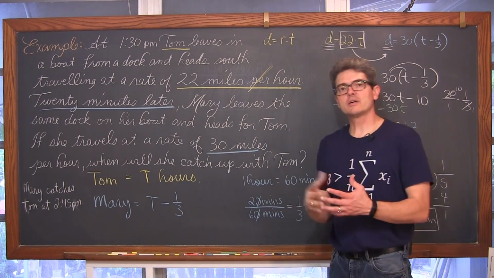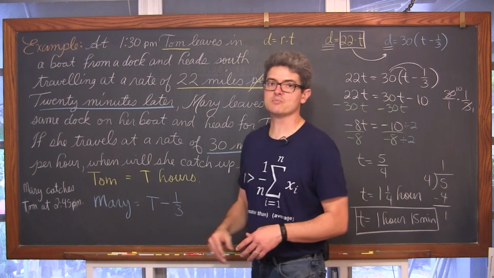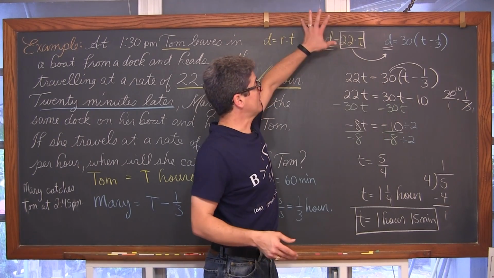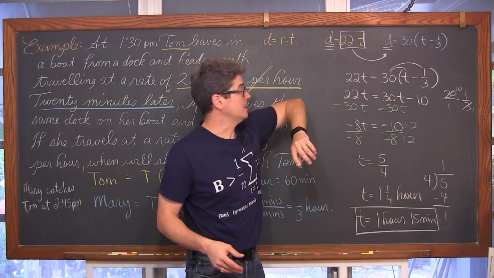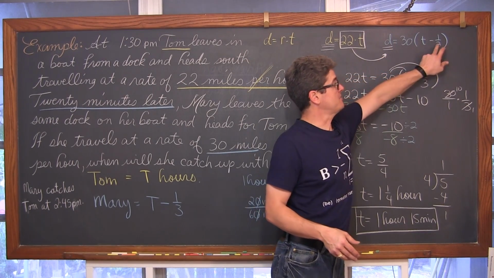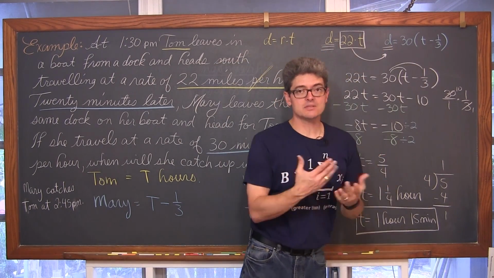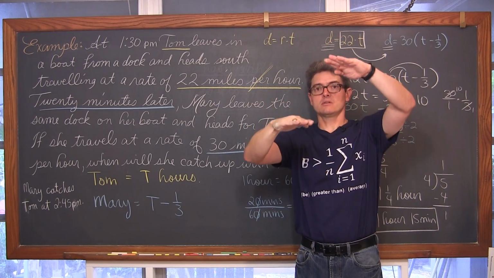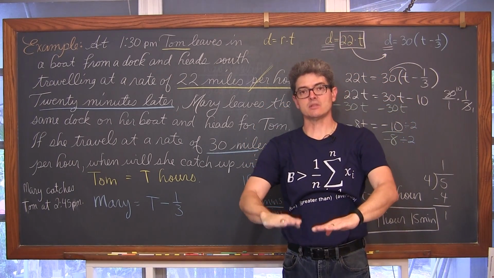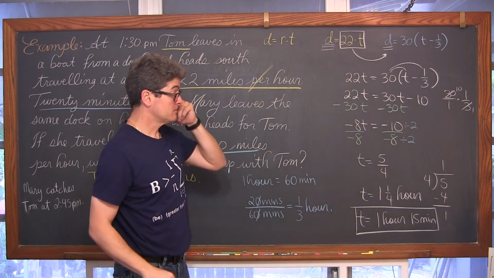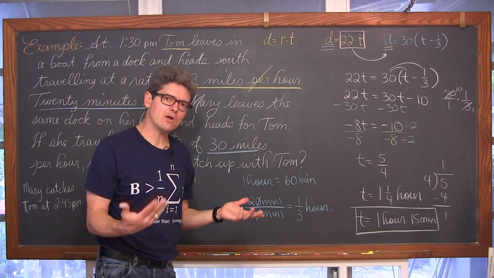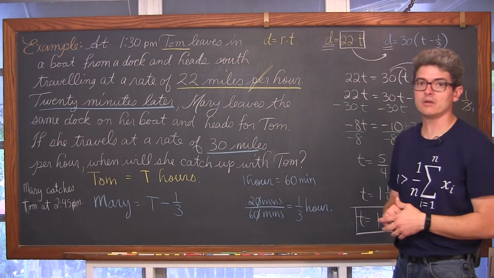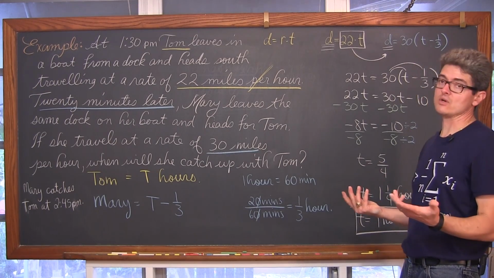And you're looking at a fairly complicated setup on this problem, a complicated design of this problem, and a substitution technique. You've got one equation, D equals 22T, and D equals 30 times T minus 1/3. Both of these equations have the same variable of D because she catches Tom. He starts ahead, she eventually leaves, she catches up, she goes faster, and eventually they cover the same distance. And we could figure out how long Tom and Mary traveled, but that's not part of the question. We could say how long Mary traveled. That's also not part of the question either.